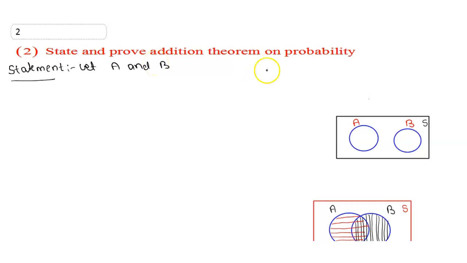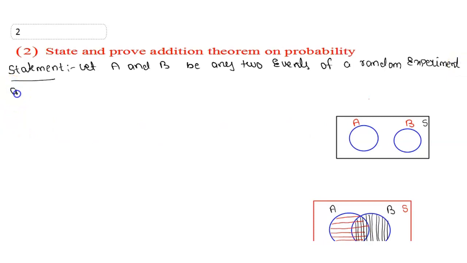Let A and B be any two events of a random experiment, and P is a probability function, then